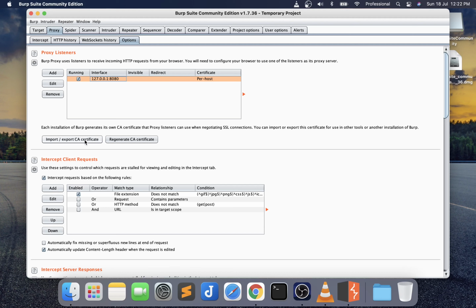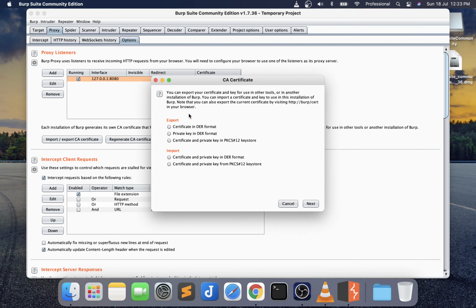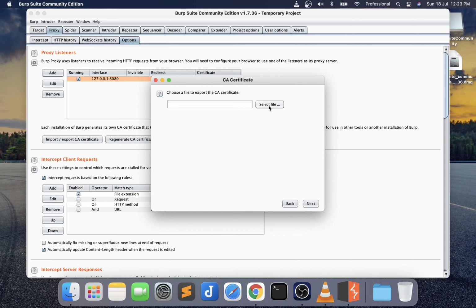The HTTPS installed and we can use the HTTPS for the setup. Let's export the CA certificate so that we can run HTTPS also with the proxy. So here I will export it in DER format, that is the standard format. Next, now I'm going to be giving the path.